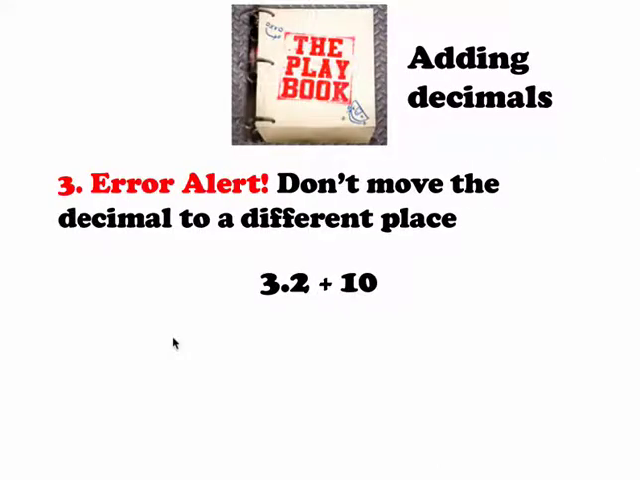Here's a common mistake we see 5th graders make when they're first learning this skill. So be on the lookout for this error. Don't move the decimal to a different place. Take a look at this problem. I want to add 3 wholes and 2 tenths to 10 wholes. I start with 3.2